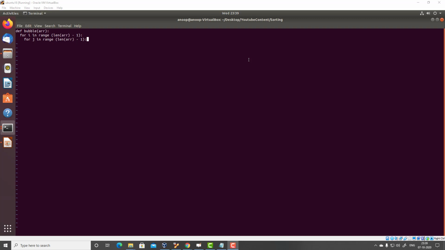Let us first complete this code, and then I'll embed some print statements for better understanding if it is not clear. So now all we have to do is say if the jth element is greater than the j plus 1th element, then swap. And in Python, the swapping is very easy, or I like the way they swap. I don't have to create a temporary variable. All I have to do is just say